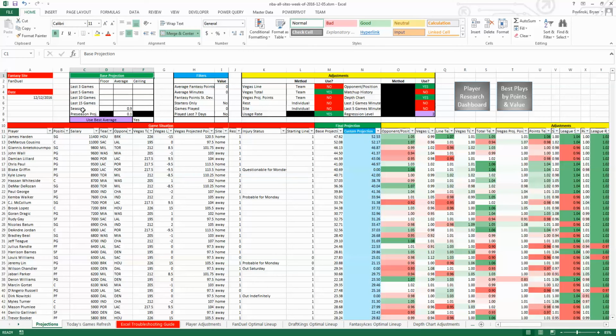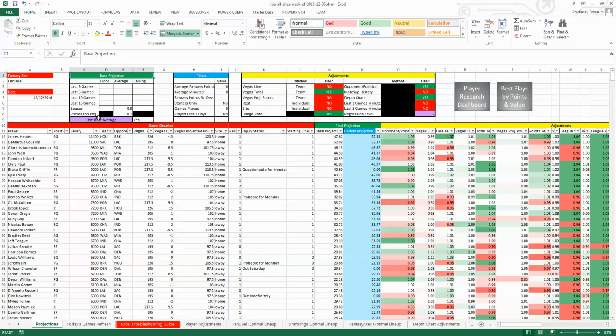So you can use last season, you can use their preseason projection as part of how that factors in right there. And then you can also use this best average, which is different in the sense that it finds the best possible baseline for each individual player. So if you're just using one of the last 10, last 5, any of those time periods, that's going to provide a blanket projection across all players. So for all players, it would use the last 10 games. But the best average is going to go back over the past month, look at each player, and figure out which baseline projection would have given the most accurate projections, the least amount of error over that time